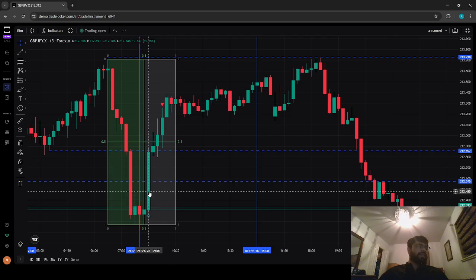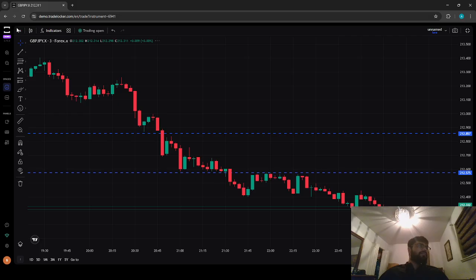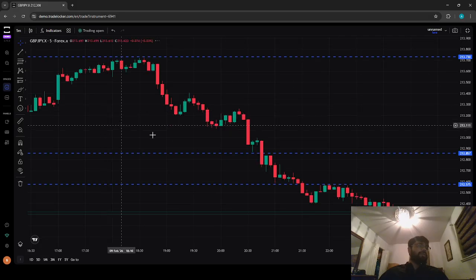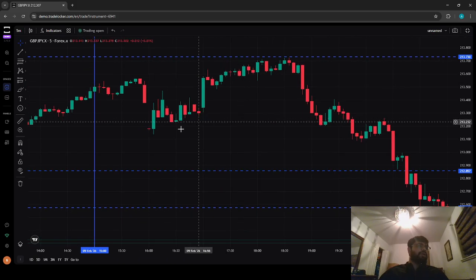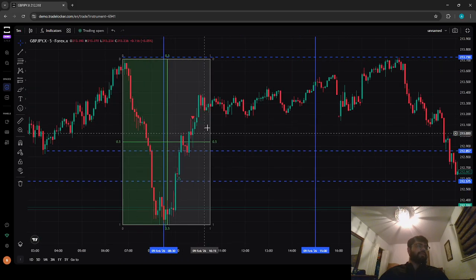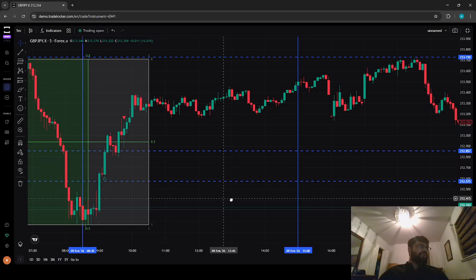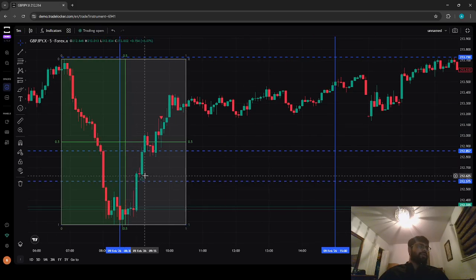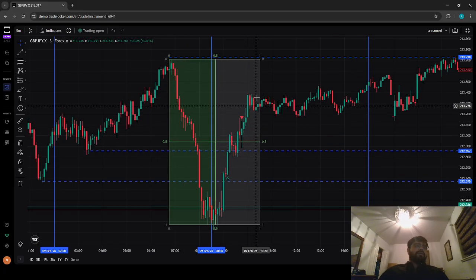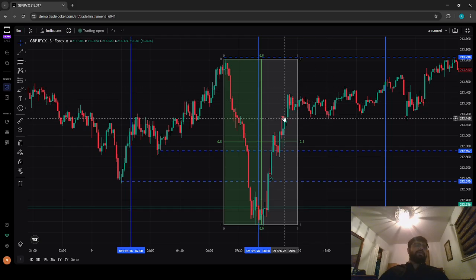When price pushed past right here into the order block, break of structure in the 5 minute, well, 3 minute, when I was looking at the 5 minute, a 5 minute break of structure coming in, right? You guys can see this. 5 minute break of structure, bullish, into the order block, pushed up past the order block. Again, I had to get out at this time, but if I would have stayed in, would have kept making money. And it wasn't even going to be that much of a difference. Like, clearly we're going to make money, but